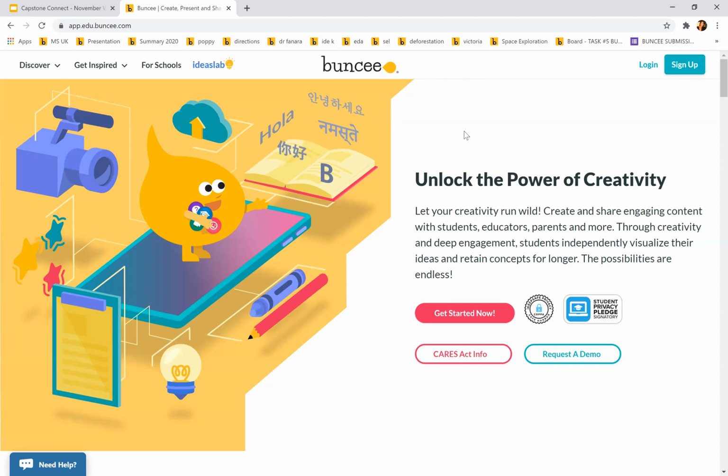So what you'll do first of all is head to buncee.com. So that's buncee.com. So you'll notice it right over the top here. So once you do that, what you'll notice is that there's two options on the top right-hand side of my